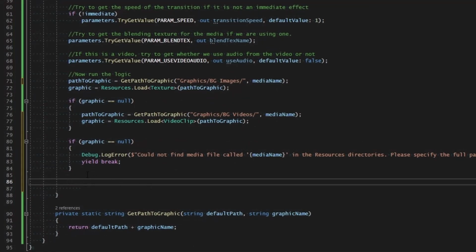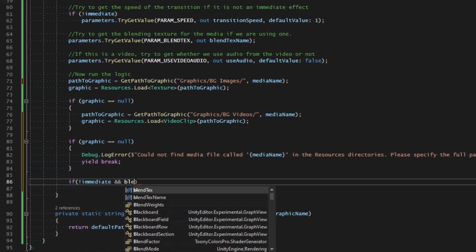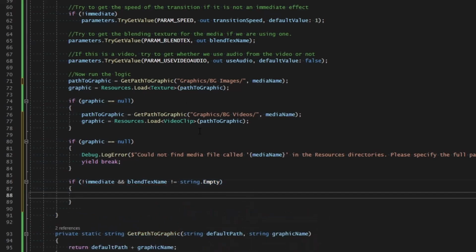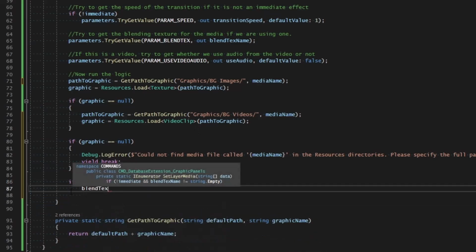Now, we need to see if we're going to blend this texture, which means we need to try to grab the blend texture if we specified one within the parameters. But we only need to do that if it's not an immediate effect, because if it is, then we're not going to see the blending transition anyway. So let's go ahead and check if not immediate and our blend text name is not equal to string.empty. So if we have a blend text name and we are not using an immediate transition, then let's go ahead and say that blend text equals